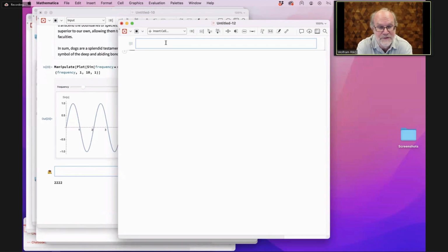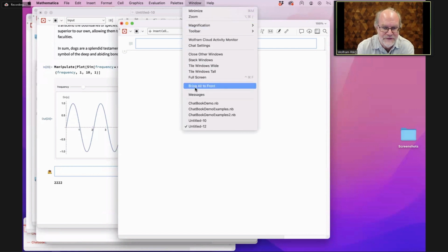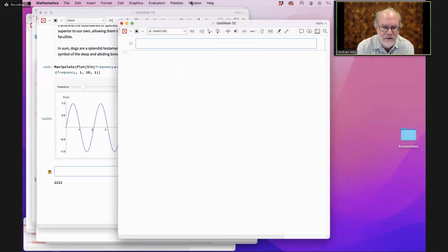So for example, one thing that I think I have an example of it. No, because I had to restart the front end, so I don't have the example. Anyway,